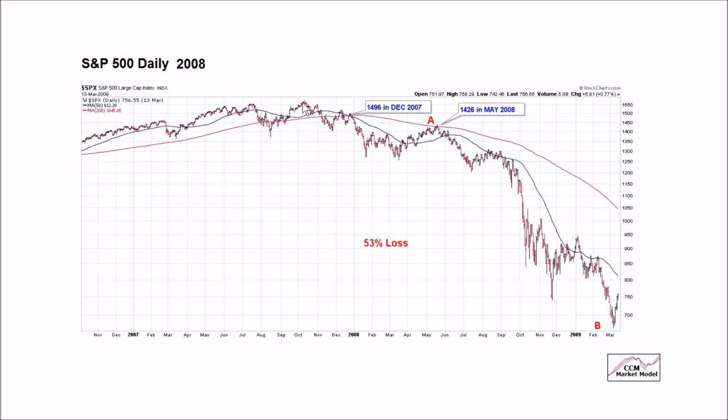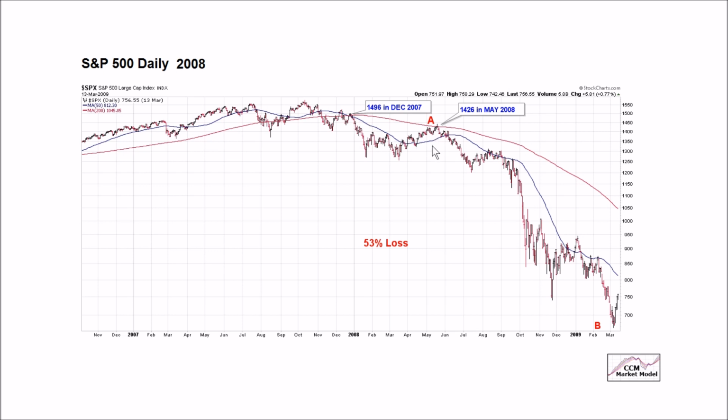This is the peak in October of 2007 in the S&P 500. We come down, we come back up, and we fail above the 200-day moving average. And notice, in the early stages of the bear market, when we come up in this direction, the 50-day is above the 200-day, which is indicative of strength. Down here, we get a rally back to the 200-day that fails. In both instances, when we fail at the 200-day, it's not a good sign.